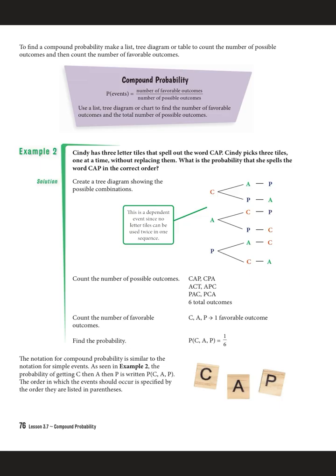So again, if you look down here where it says find the probability on the very bottom, the number of favorable outcomes is on the top, okay, and the number of possible outcomes is on the bottom. So this is favorable, okay, this is possible. So the notation